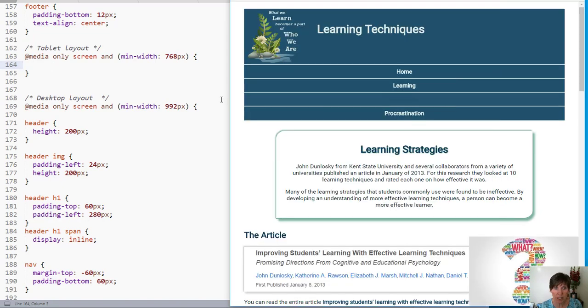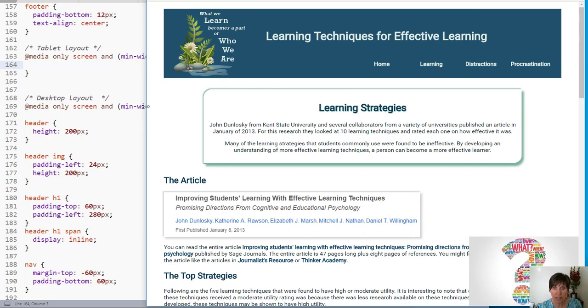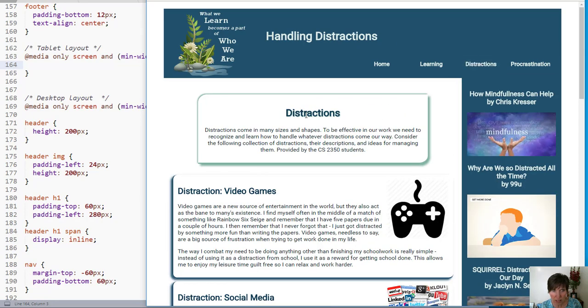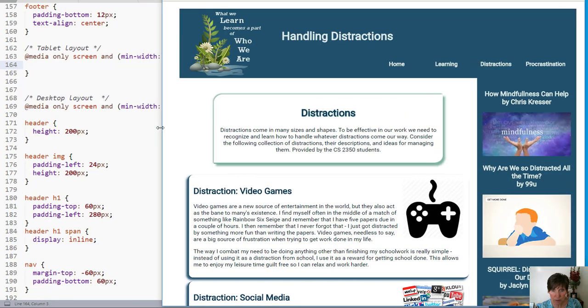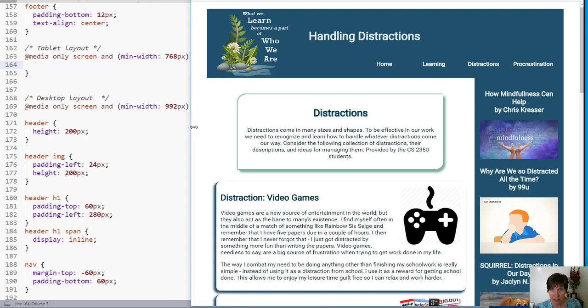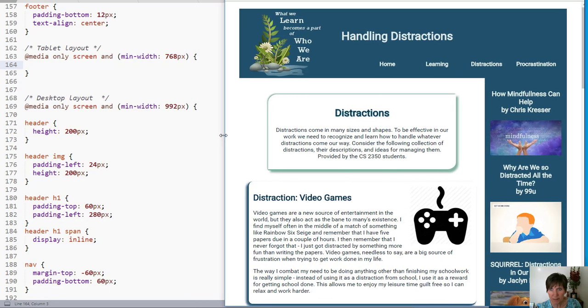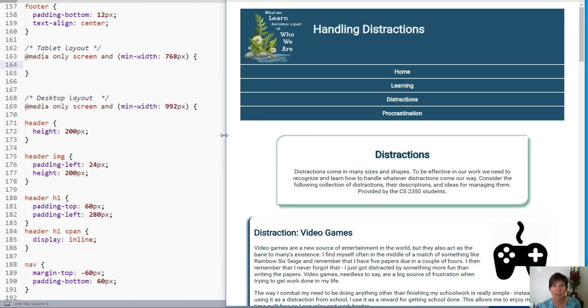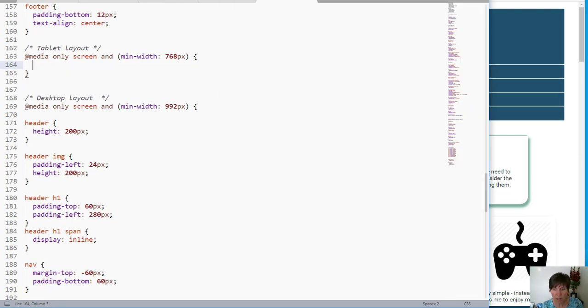Let's go ahead and see where they're going to come into effect. We can find the 992 style block. We have to go to distractions to see it really well. So here's the 992. We'll scroll down a little bit. And there, we reached this minimum width of 992, and we dropped into that phone style. So now we can make the changes that we want for our tablet